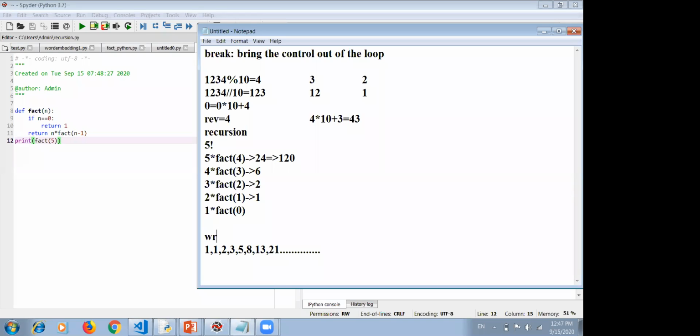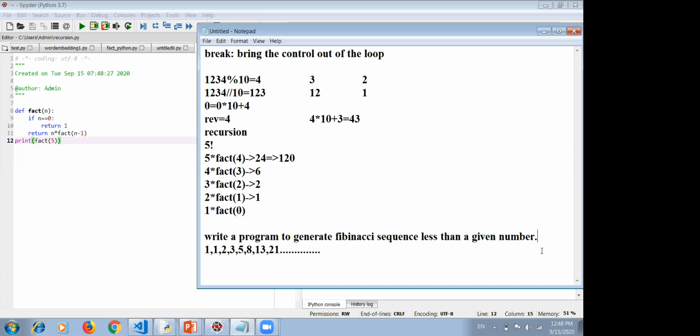You just have to write a program to generate the Fibonacci sequence less than a given number, because we need some stopping value.